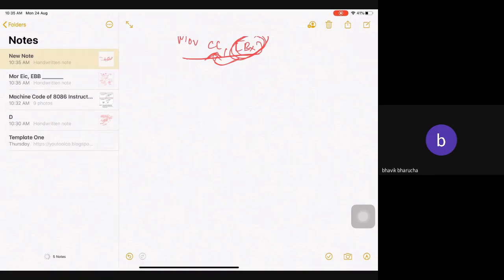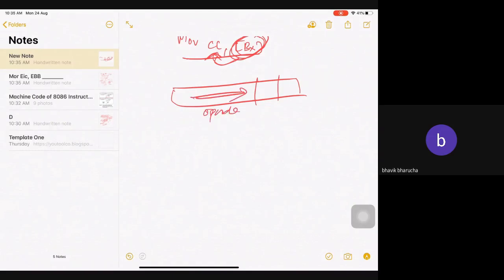Now if I want to convert this instruction into binary language, this will be my opcode. The opcode can be anything, so write down any 6 bits. We don't care. Next is the D bit. Next is the W bit. Is this an 8 bit operation or a 16 bit operation?